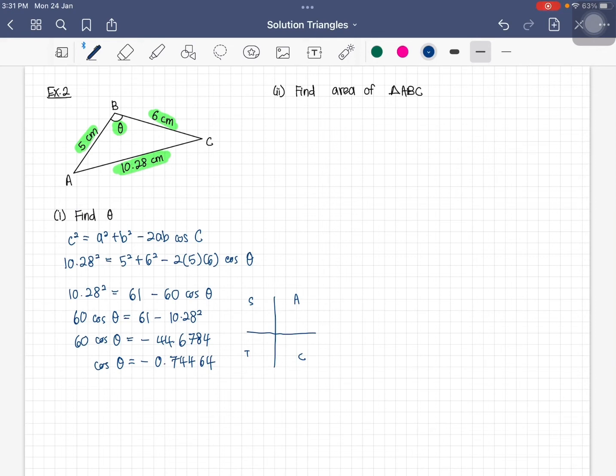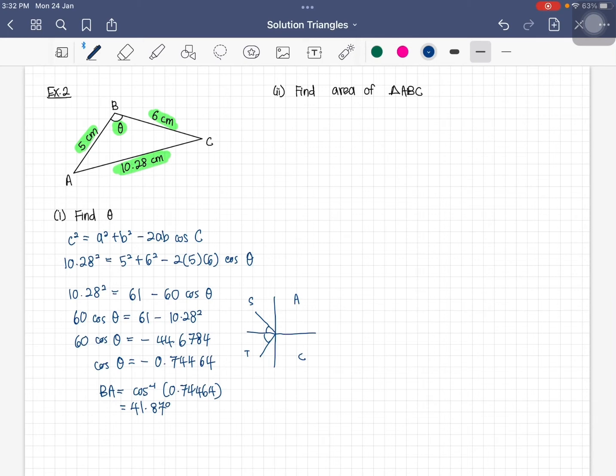Where is the area where the cos is negative? So of course on this side and this side. So this is the basic angle. You have to find the basic angle first. The basic angle is given by cos inverse of 0.74464. So cos inverse of 0.74464, I've got the basic angle, which is given by